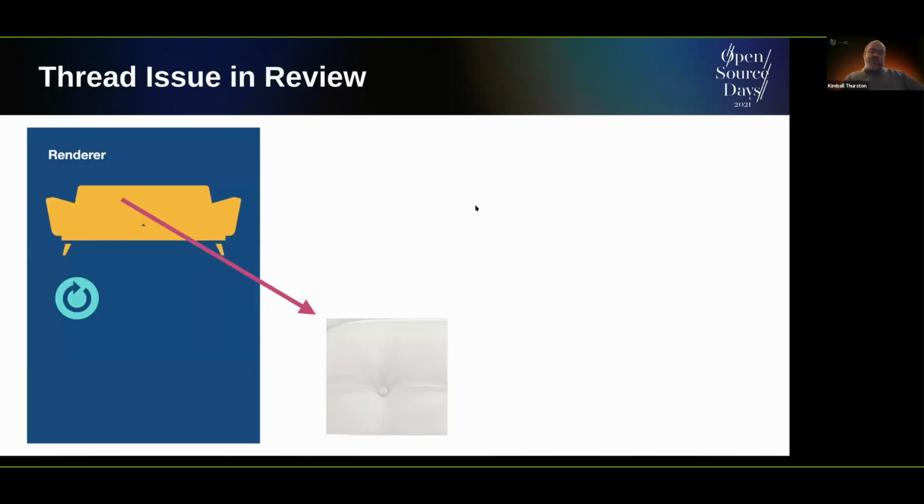One of the issues that I know we run into is that we have a renderer at Weta called Manuka, and we might be choosing to render this couch, and if you have just a single thread,